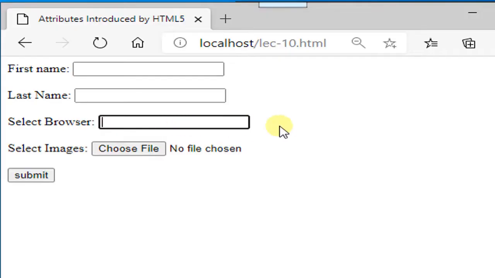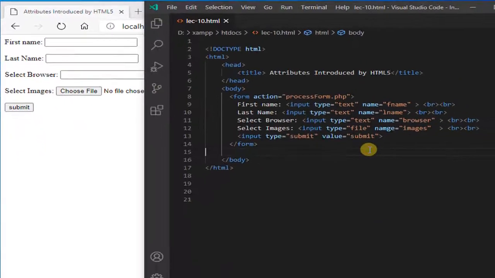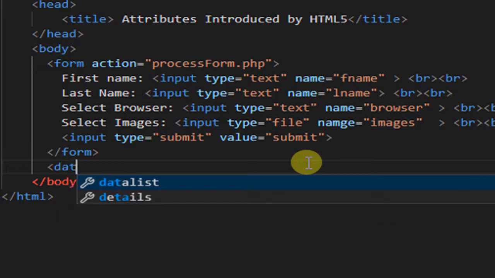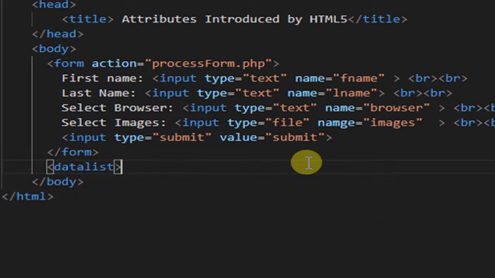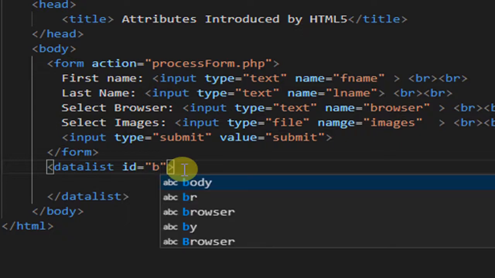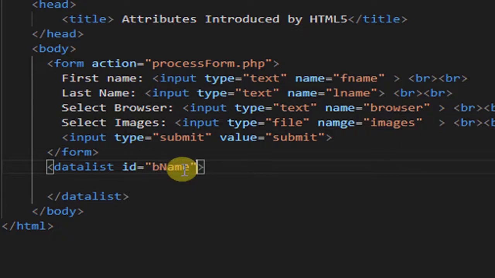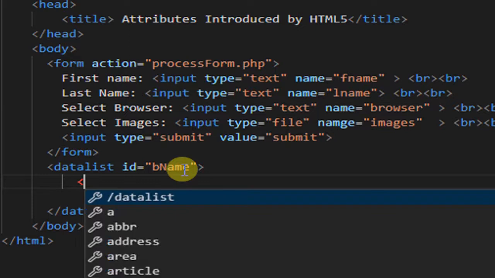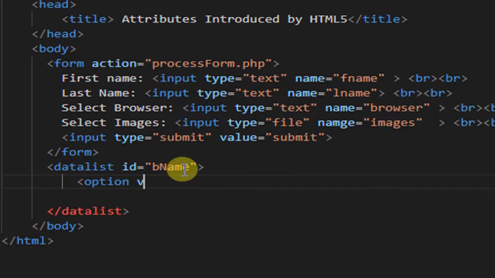So let's start creating the data list. So type datalist, and let the ID of the data list be id equal to bname. Bname means data browser name. Now create the first option, value, enter Internet Explorer.